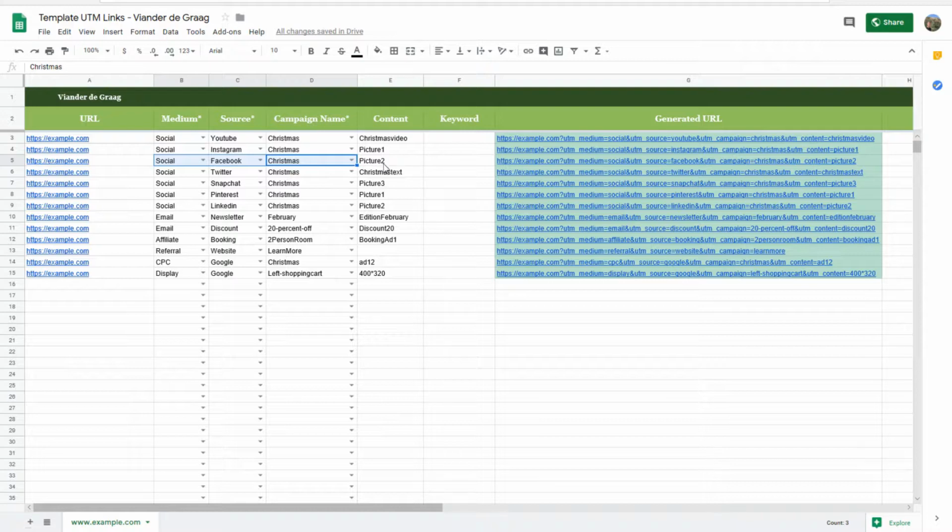Underneath content you want to have picture number 3 or picture number 4, or whatever the name of your picture is. So you will be able to know which picture is converting better onto your website